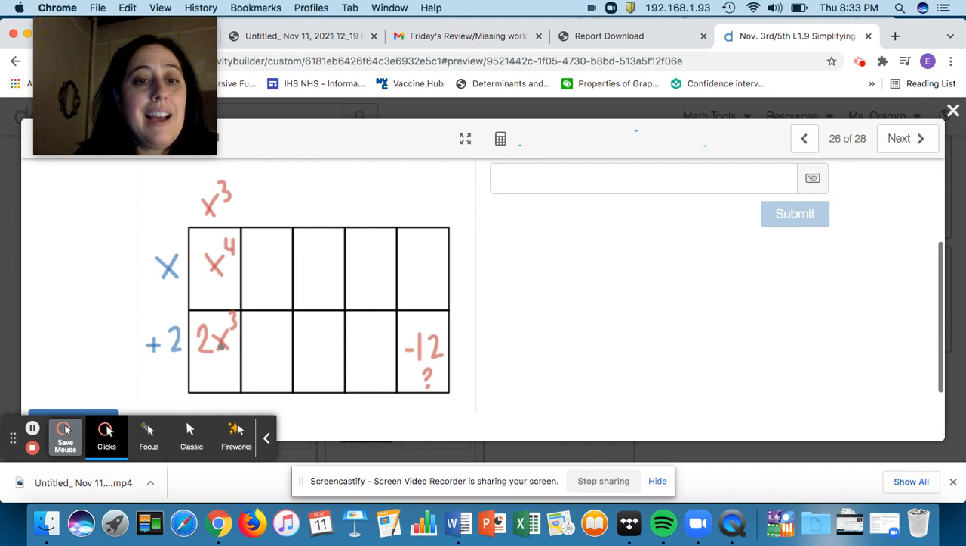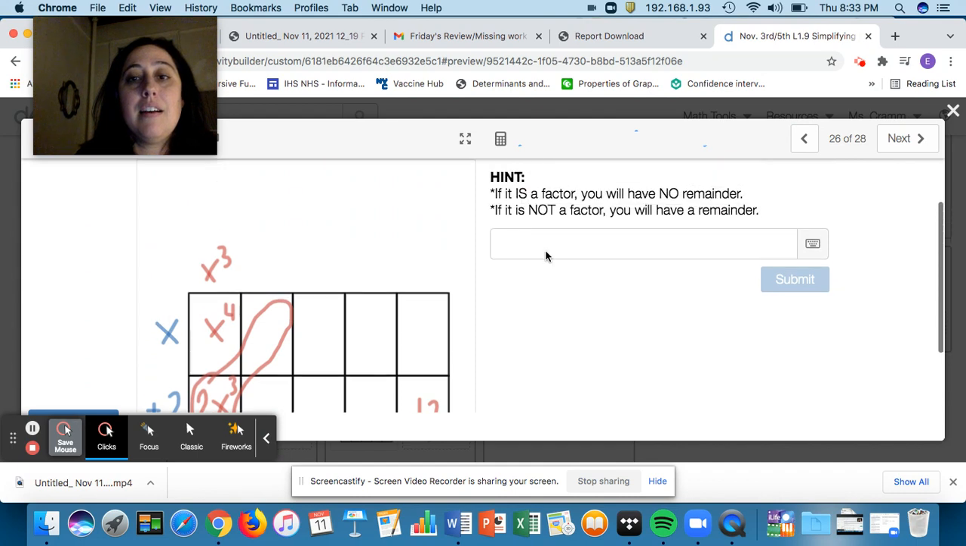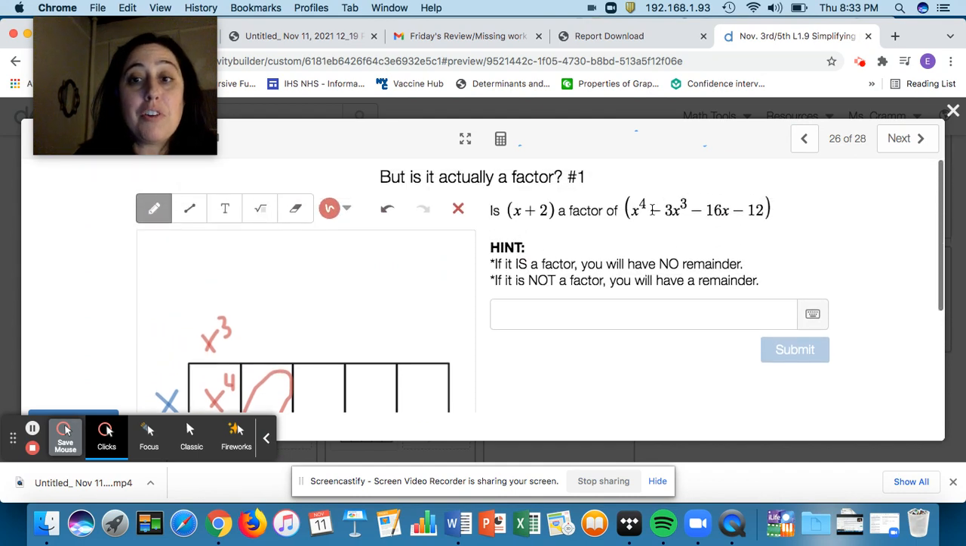Now I need to look back up at that equation because I need to combine these two boxes to get what is in my original. So I have plus 2x to the third. I need to get to negative 3x to the third. Let me see if I can write this in here so I don't have to keep going back and forth. X to the fourth